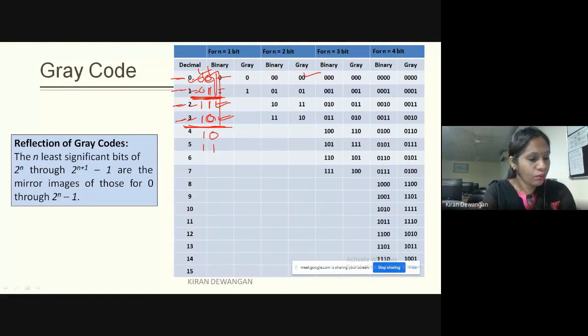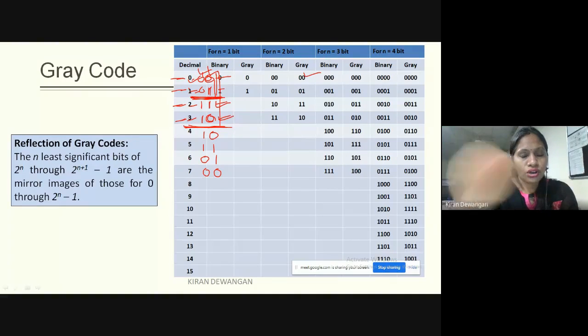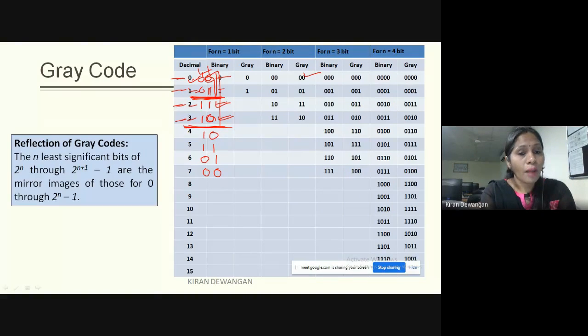This is 1 and 1. And then third value will be 0 1. And the last value will be 0 0. So this is how we'll be getting the mirror image of the upside values to the downside. इसका exactly mirror image हो जाएगा. अब अगर हमें इसको 3 बिट में लिखना है तो what will happen, यहाँ पर सारे zeros ऐड हो जाएंगे. Here we'll be getting all zeros, and these values will be all ones. That's it. तो ये आपका 3 bit का ग्रे कोड फॉर्म हो जाएगा.